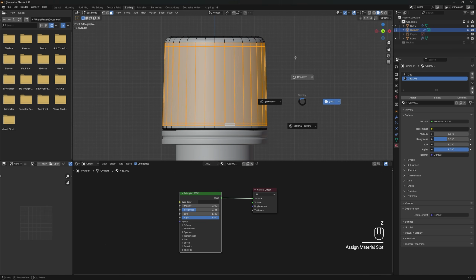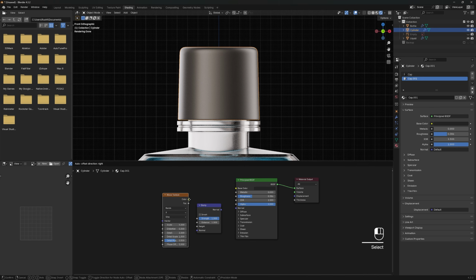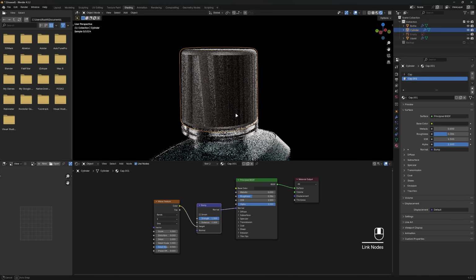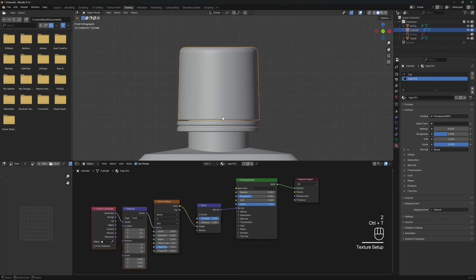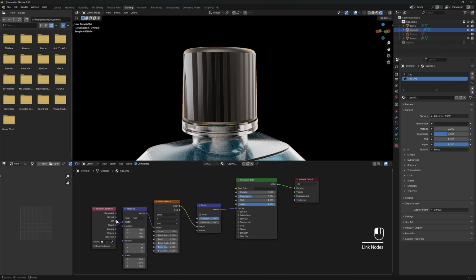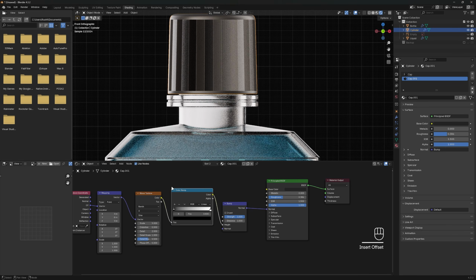Switch back to render view and add wave textures on it. Add a bump node, then connect color to height and normal to normal. Select the wave textures and hit Ctrl plus T to open the coordinate node. To use these features, you guys must turn on the Node Wrangler add-on in your Blender preferences. Switch the coordinate from generated to UV and add a color ramp node before the bump node.